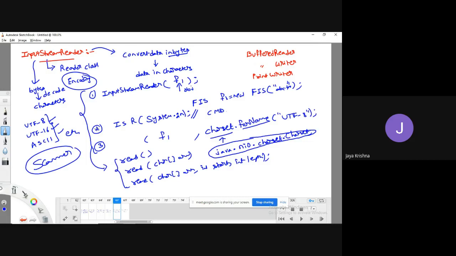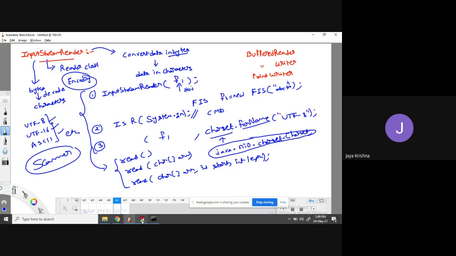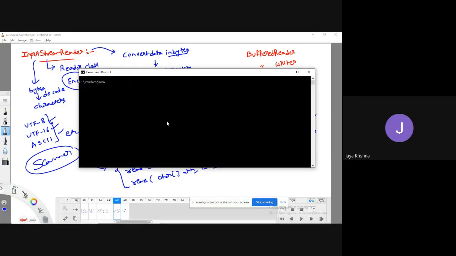Among those, if you want to specify a specific kind of character encoding mechanism, then you have to use a predefined package, the java.nio.charset class, which contains all this. See, observe. If you want, I can show that. Sorry, it is not IO, it is NIO, right?